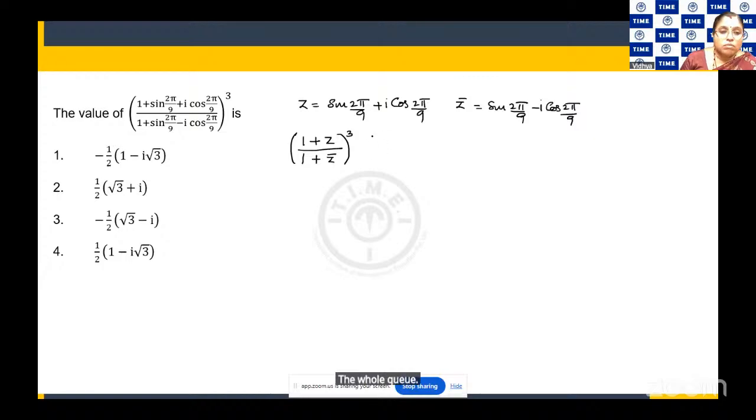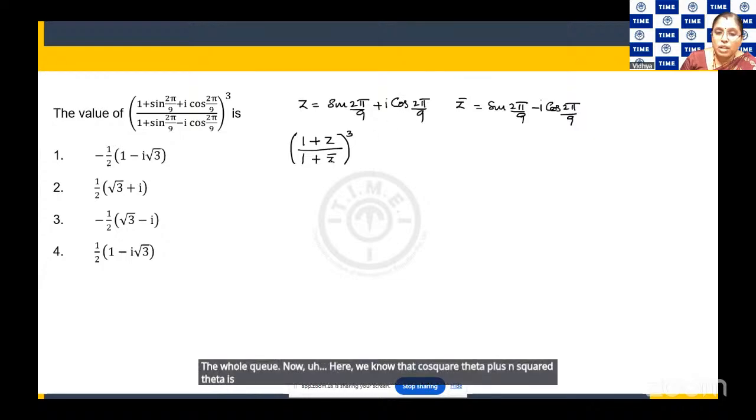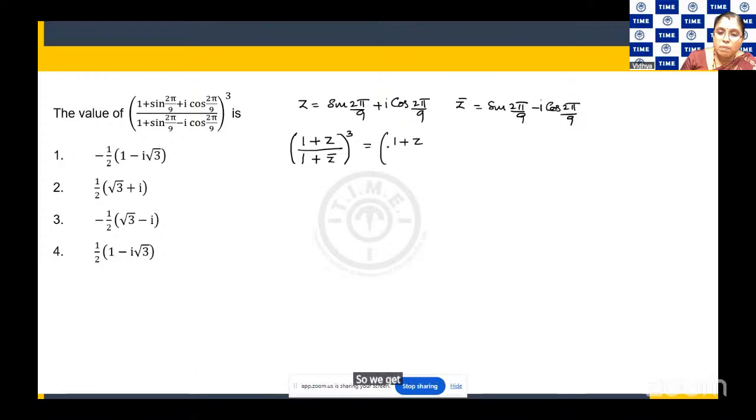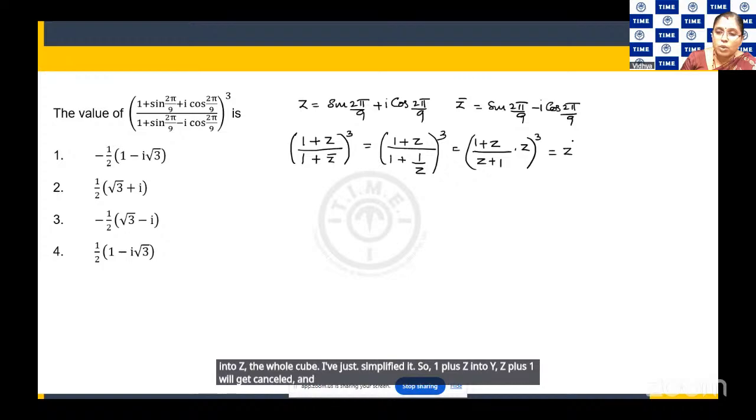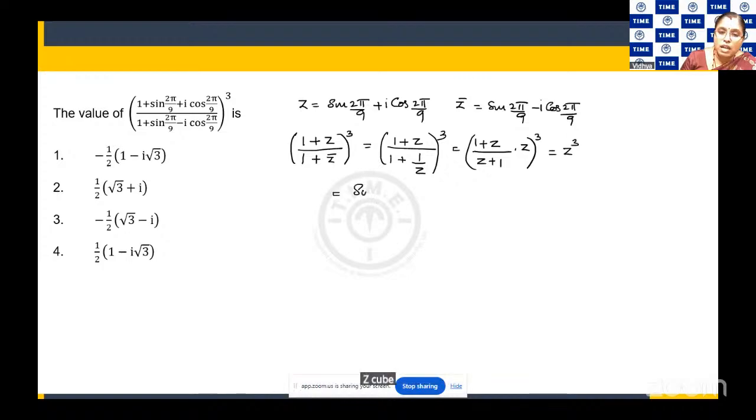Now, here we know that cos square theta plus sin square theta is equal to 1. So even this z bar can be written as 1 by z. So we get 1 plus z by 1 plus 1 by z, the whole cube. Or we can write 1 plus z by z plus 1 into z, the whole cube. I've just simplified it. So 1 plus z into z by z plus 1 will get cancelled, and this will become z cube. z cube means sine 2 pi by 9 plus i cos 2 pi by 9, the